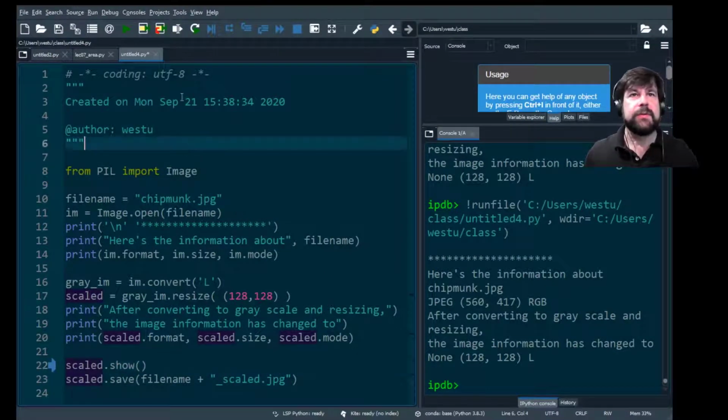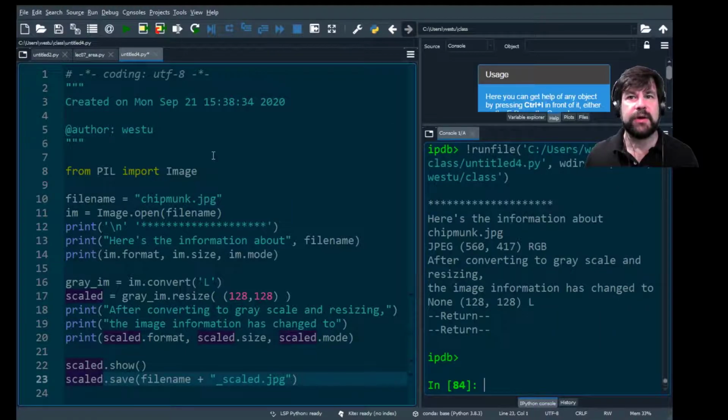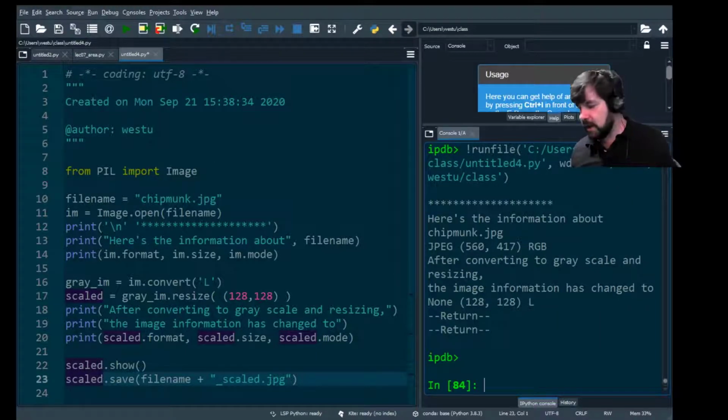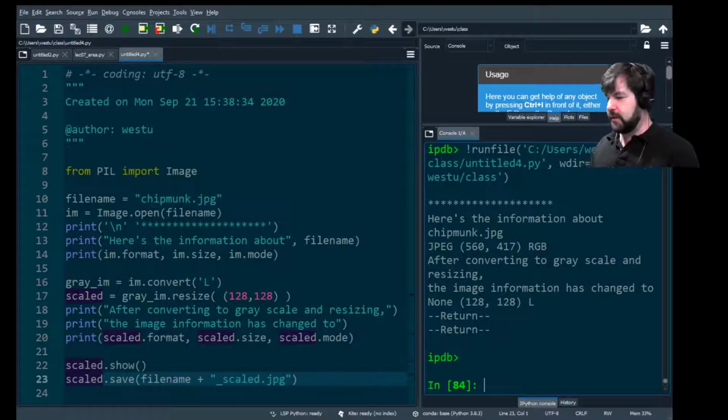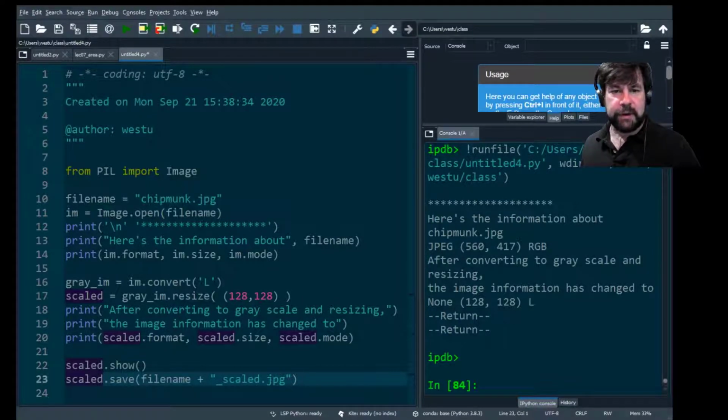All right, so let's walk through a little bit more. We can save it out as a file. And I think that's all we're going to do on this, and then we're kind of done with this one. So there's a lot of things we can do with this. That was just walking through, starting from an existing image and looking through the properties and doing some things on it. So if we look a little bit further,